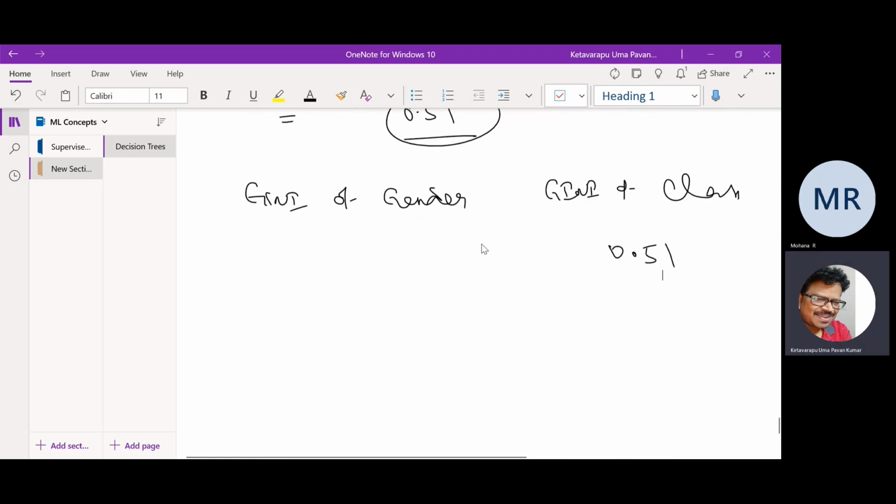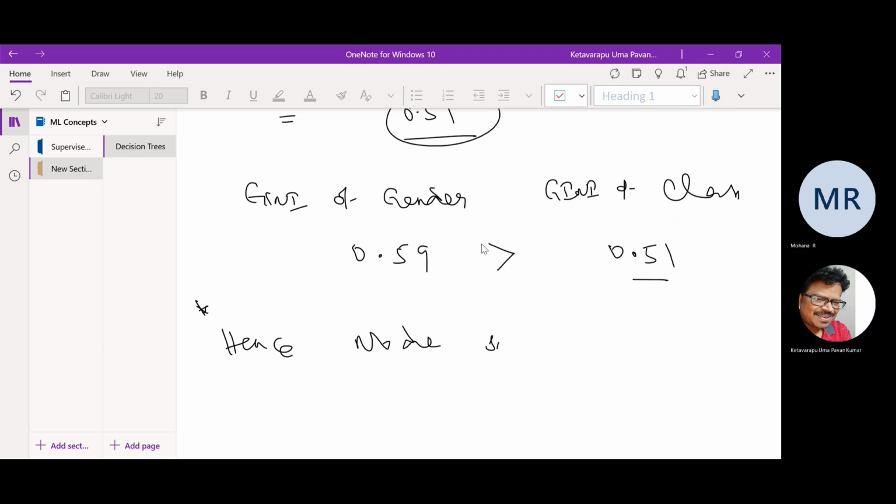Let me paste it here, 0.59. Now, friends, the Gini of gender is higher than the Gini of class. So, an important point: hence the node split will take place